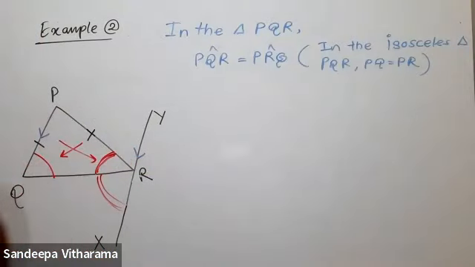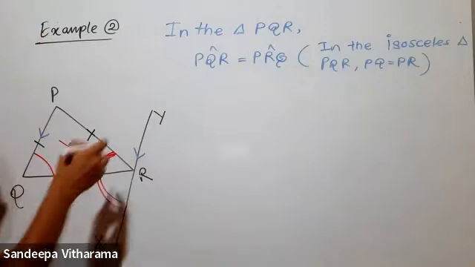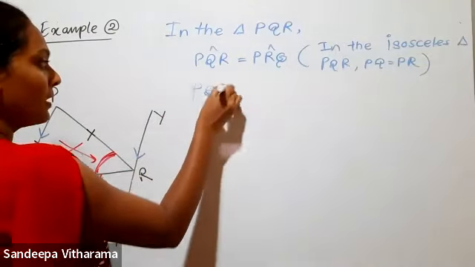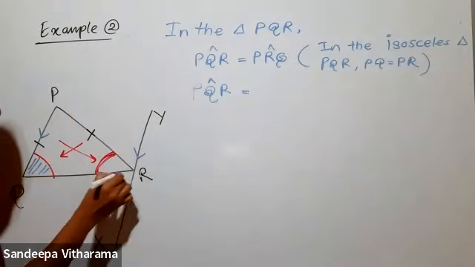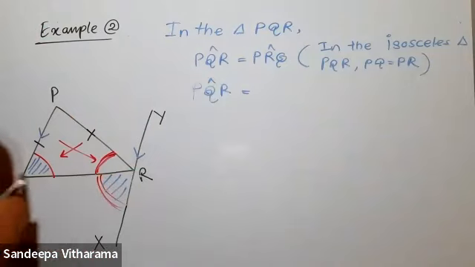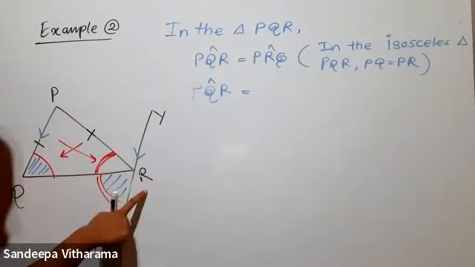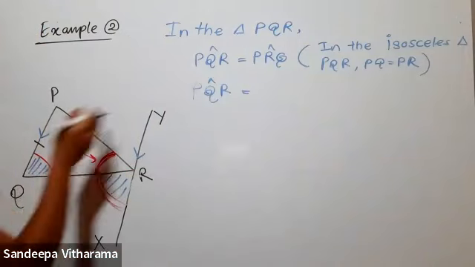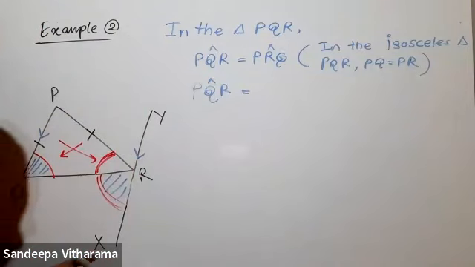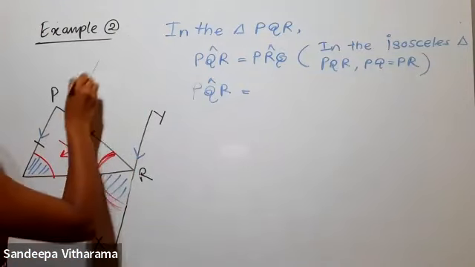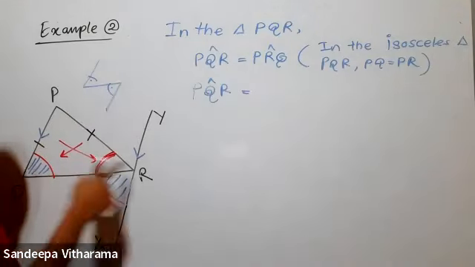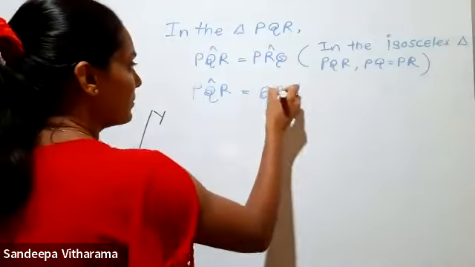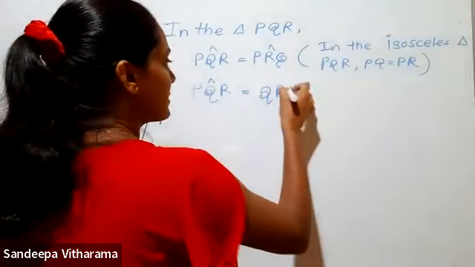PQR and PRQ are equal. And we can show that angle PQR, that means this angle, is equal to this angle. Reason: you can identify that here PR is a transversal, and PQ and YX are parallel to each other. Therefore, alternate angles form. Okay, PQR equals QRX. Reason is